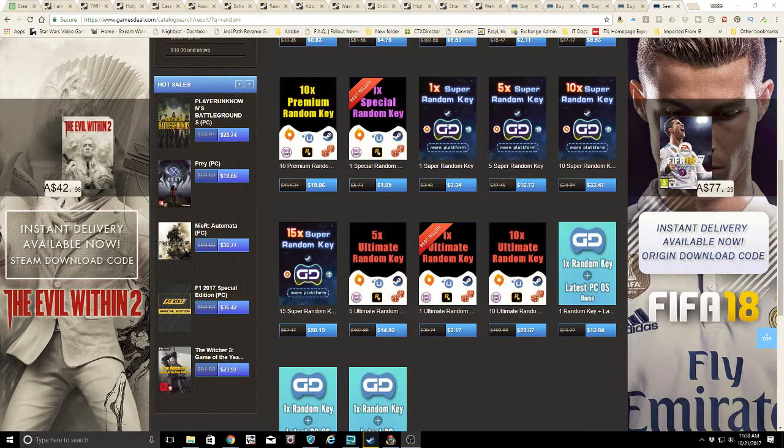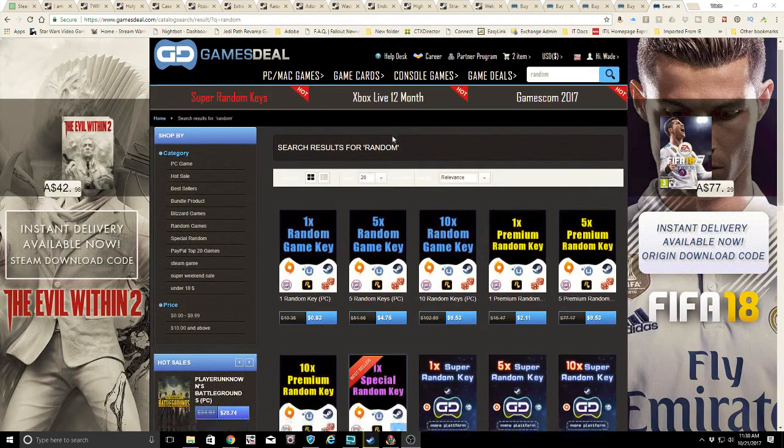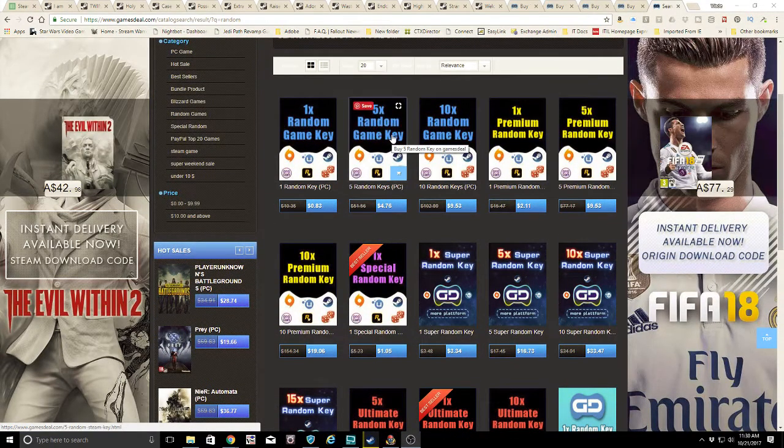So today we're going to go to GameSteal.com and we're going to pick up a couple of these just to see. Now here's the GameSteal page with all of the random key choices they have. So we're going to get a sampling of them because